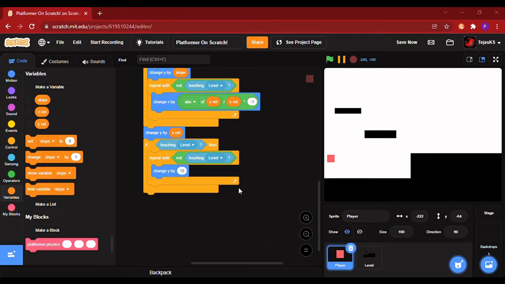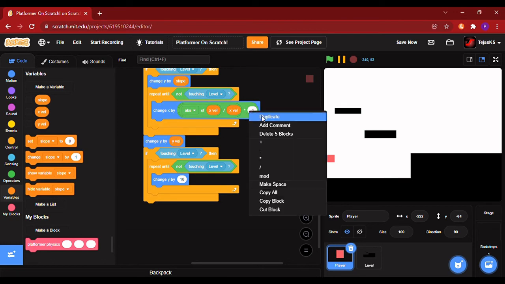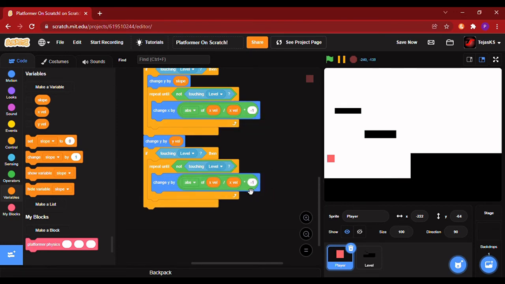again we have a thick code over here, that is again get multiplied by sign. Or instead of doing all that, just duplicate this. Remove x vel and x vel from here and put y velocity. Simple and easy.